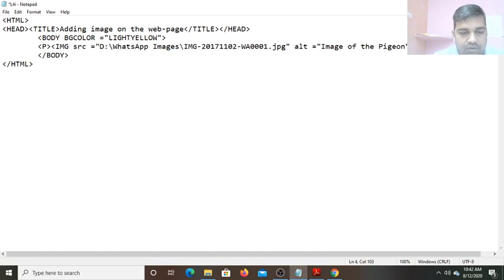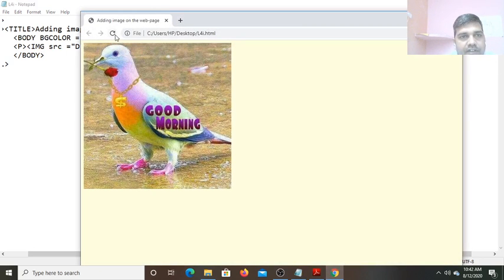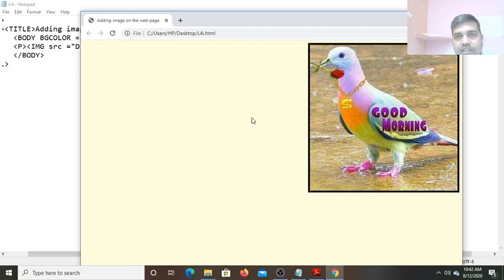So again use the border attribute, border equals to some pixel value, you can give 5 pixels. Now let me save it and refresh the web page which I have opened. See, the image is on the right side of the web page, and a border of 5 pixel width is also added.